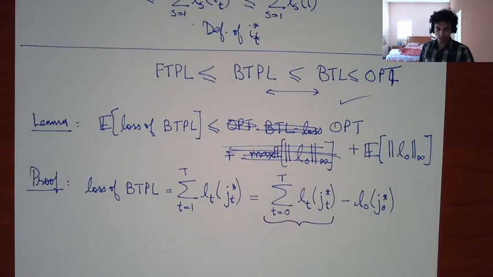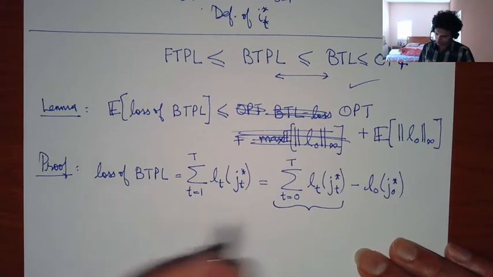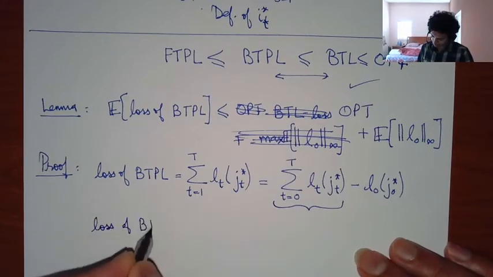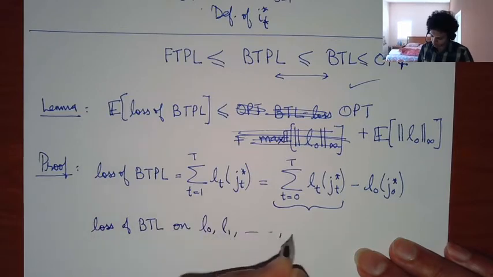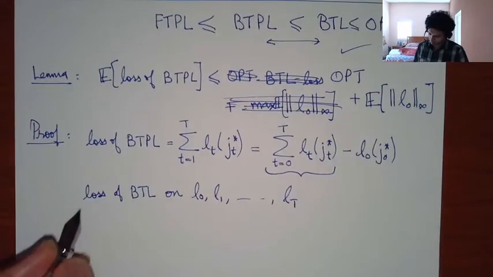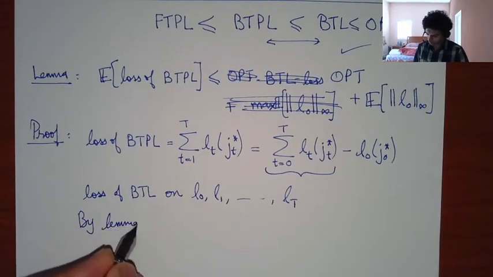Now what's this? This is essentially the loss of be the leader on the loss functions L0, L1 up to LT. So this is the loss of B the leader if you also included that initial perturbation. And so by the lemma of BTL,